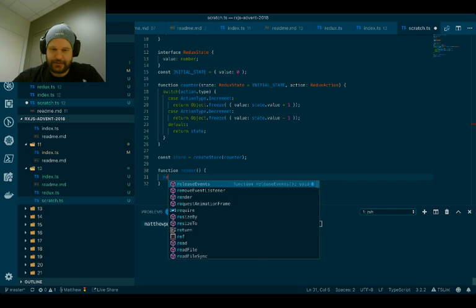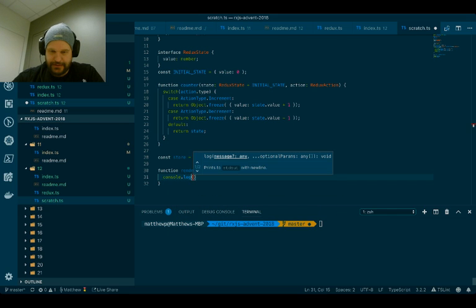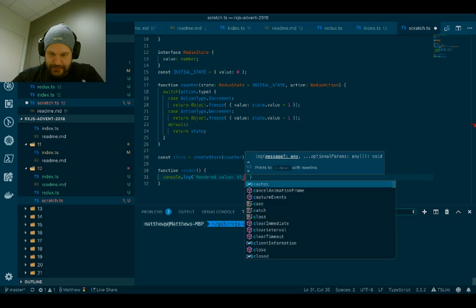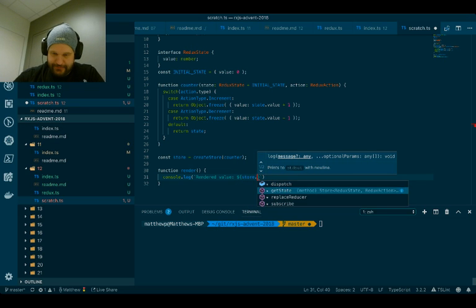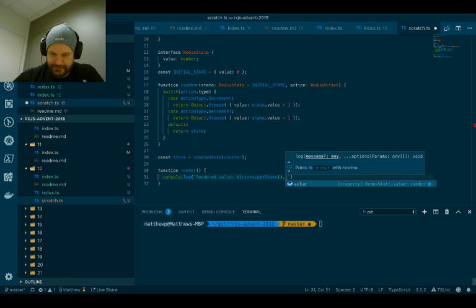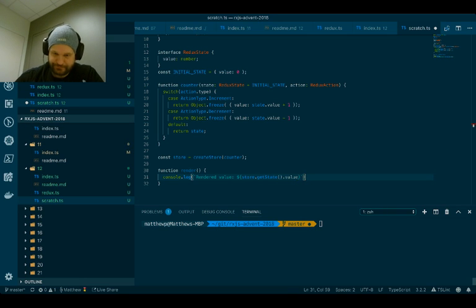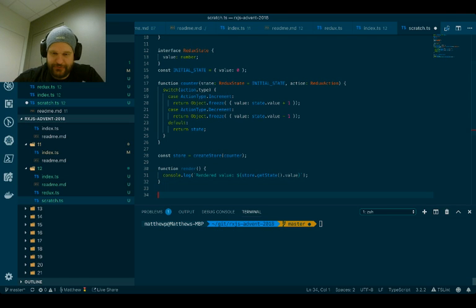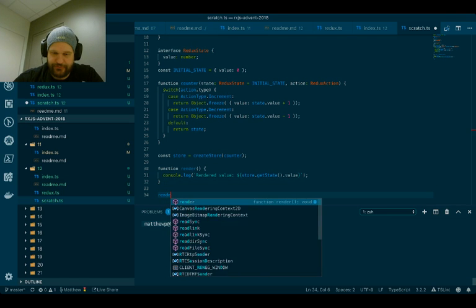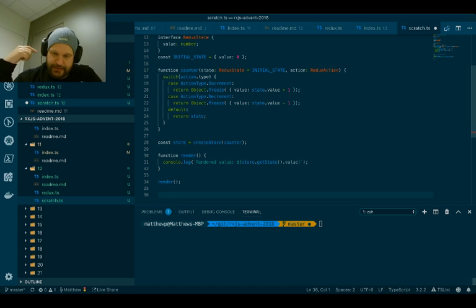So we can just say console.log, and we'll say rendered value is, and then we'll reach into our store and get the state, and in particular the value. So that's cool that we can do that, and then we can just call the render function here, which will immediately